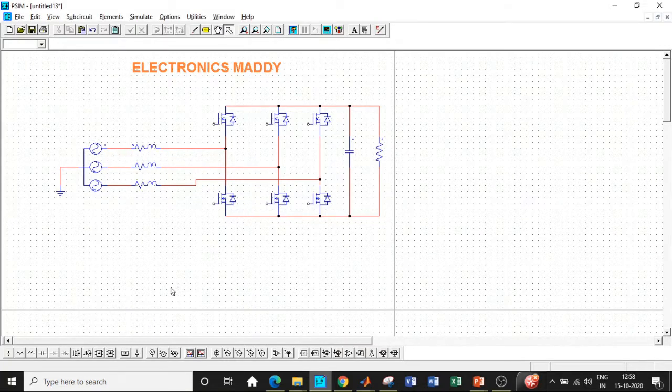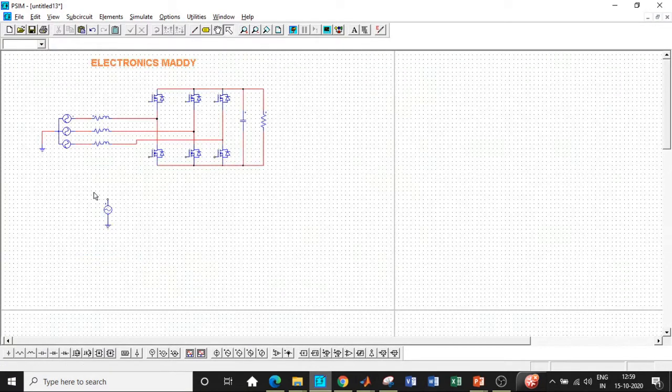So once this is done, now we will be requiring a comparator and as carrier waveform signal, that is a triangular waveform. So you can drag and drop the component over here, the triangular waveform signal, and I'll be connecting it to ground in this particular fashion. So I'll be zooming this out. So we will be requiring a lot of space for it to be connected. I also will be requiring a comparator, and 3 different comparators are required. So connect them in this particular fashion. Now I will be using the carrier for all of the 3 comparators in the same way. As a result, I'll be shorting them at the same point in this particular fashion.